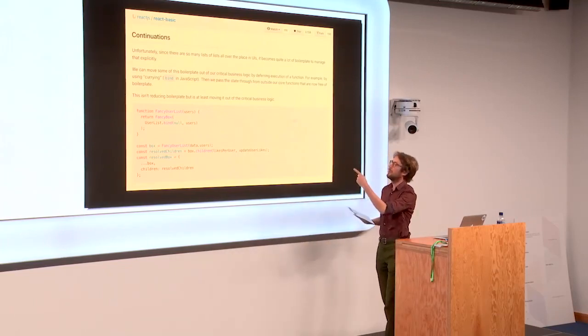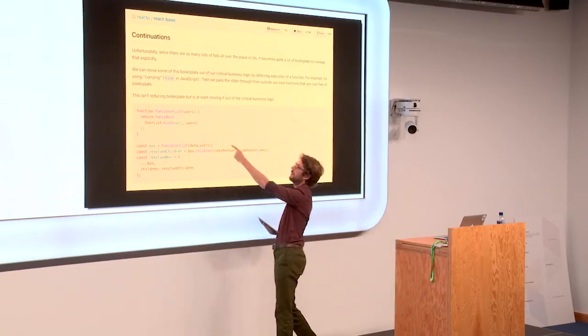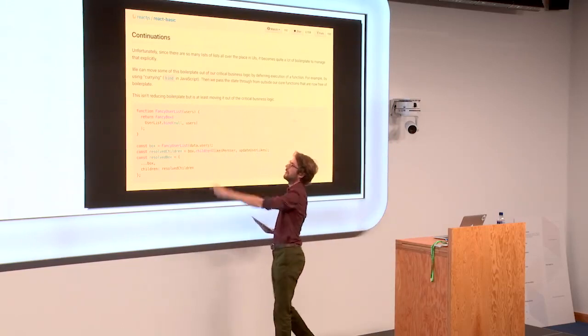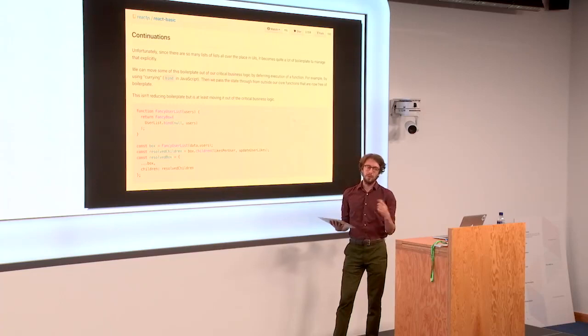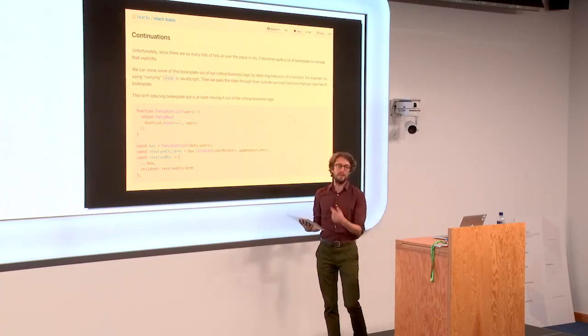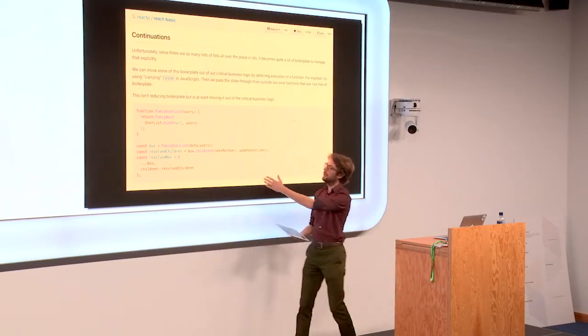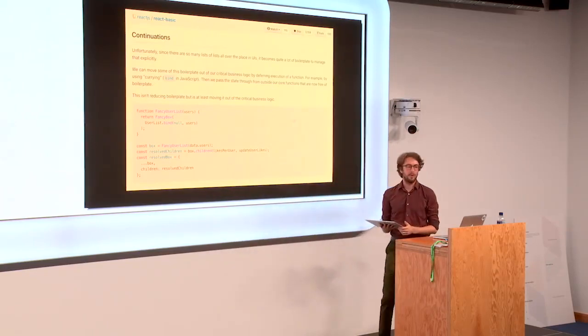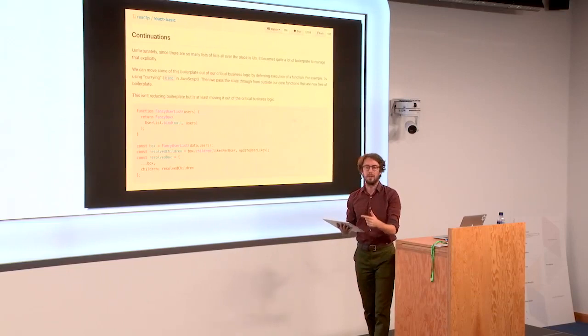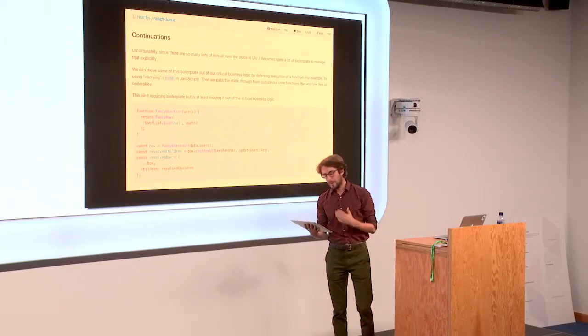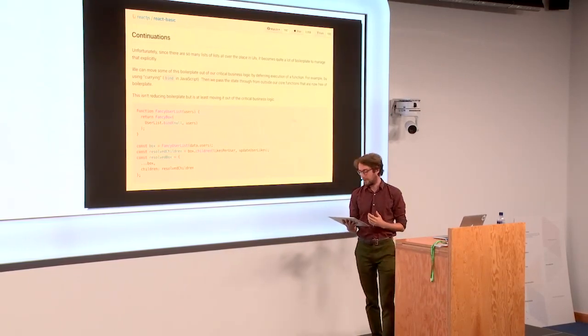Well, if we look at the example, we've got a component, fancy user list, which is rendering a child user list. But instead of calling that child, it's just binding some arguments to it. And we then have some code somewhere else in our application, we don't know exactly where, that's responsible for actually calling and rendering that child. So in this context, a continuation means a partial application.